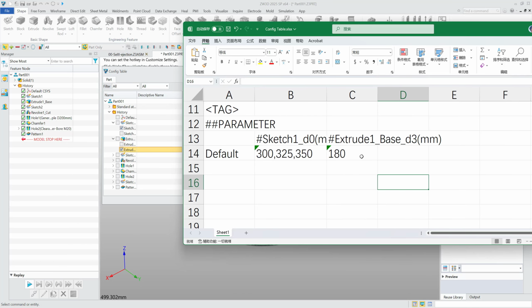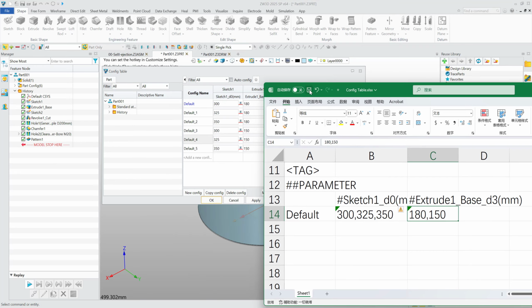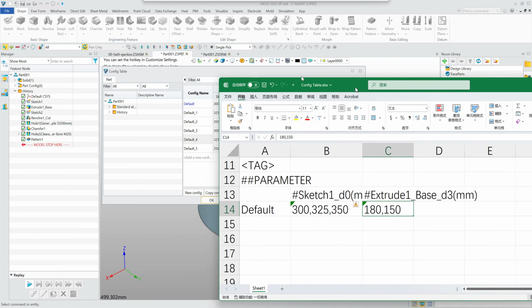For the height, the current value is 180, but we also want a shorter one at 150. With these 3 diameters and 2 heights, we get 3 times 2 is equal to 6 combinations. After saving the table,